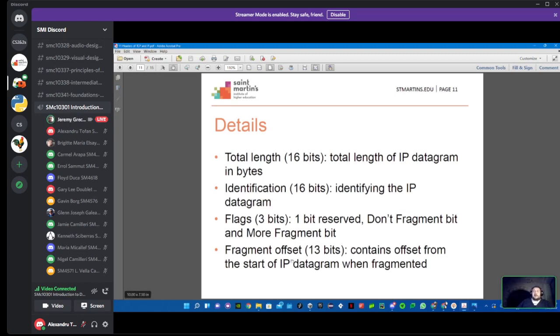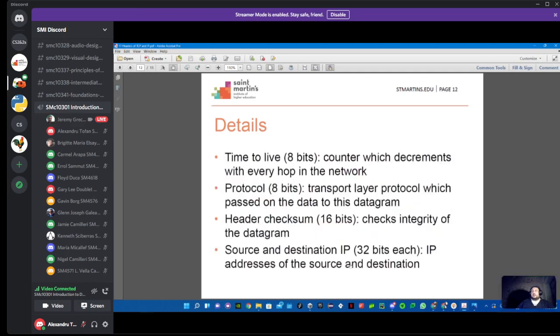You also have a fragment offset, which is 13 bits in length, which contains the offset from the start of the IP datagram when the datagram is obviously fragmented. You have a time to live. This is something that we had discussed last lesson, which is 8 bits, essentially a counter which decrements for each hop that an IP packet makes on the network. You have a protocol, which is 8 bits, which is used by the transport layer protocol